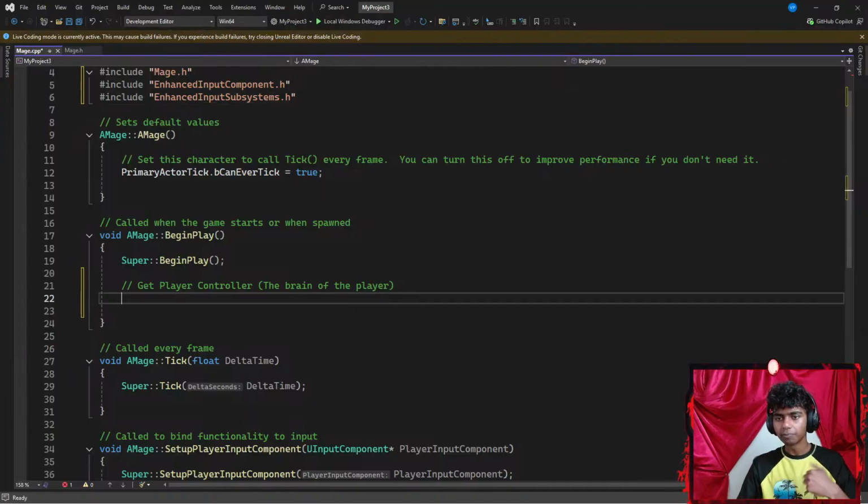Now, under my BeginPlay, under my get controller, the brain of the player, I'm going to add an if statement that checks if my APlayerController